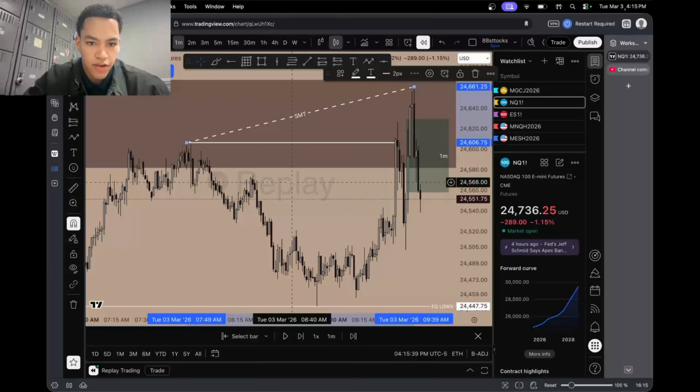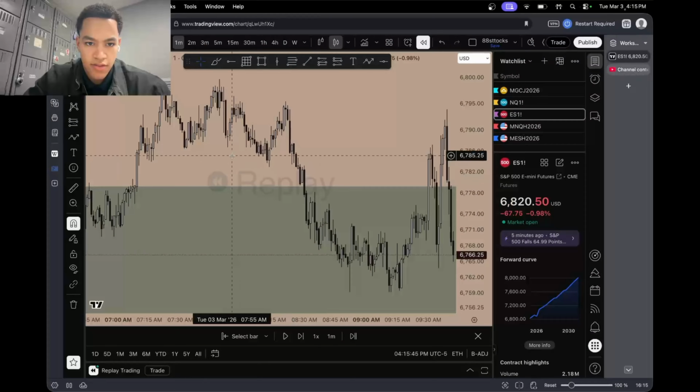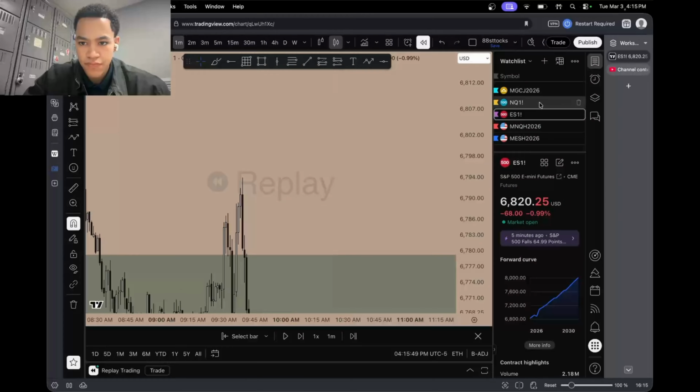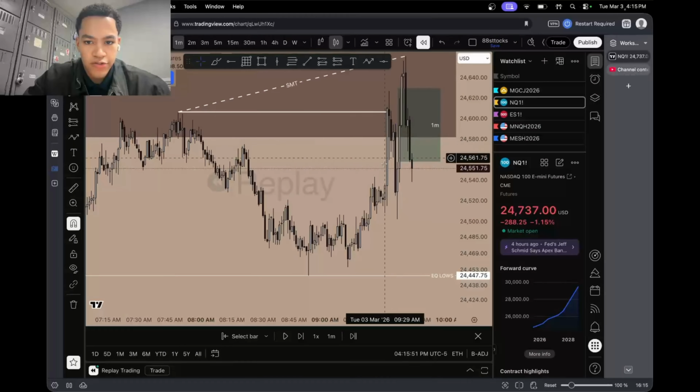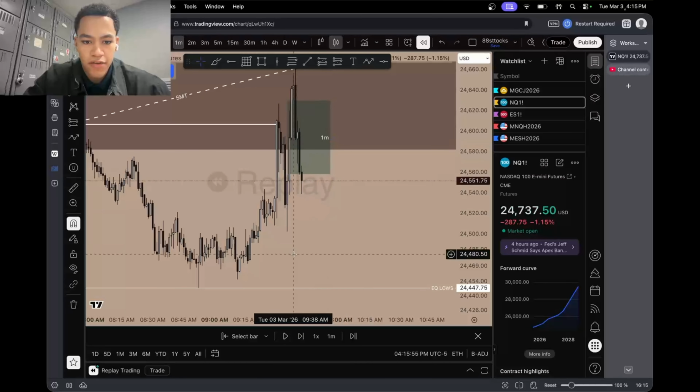Let me get rid of this right here. You can kind of see, if we go, what is this? 749 Tuesday. ES 749 Tuesday is still up here above these highs. So we have a liquidity sweep in a high time frame gap with an SMT and a 1 minute inversion,